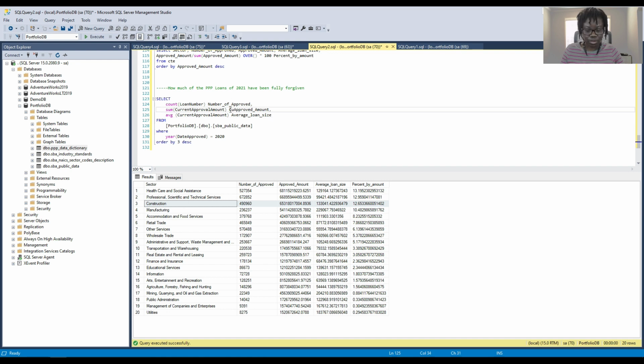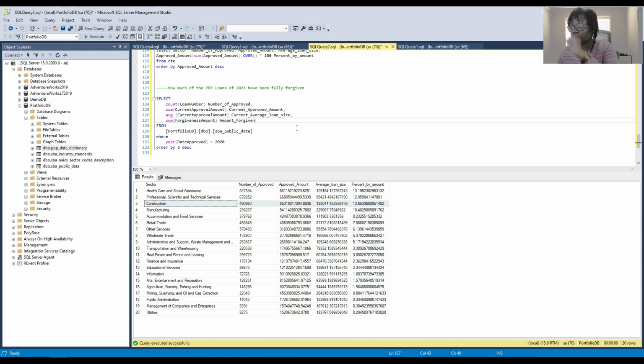So I'll probably call it current approved amount. And I'll call this current average loan size. Now I would want to add one more thing. I'll do a sum of the forgiveness amount, and call it amount forgiven. What we want to see is that out of the amount that were approved, how much has been forgiven, and